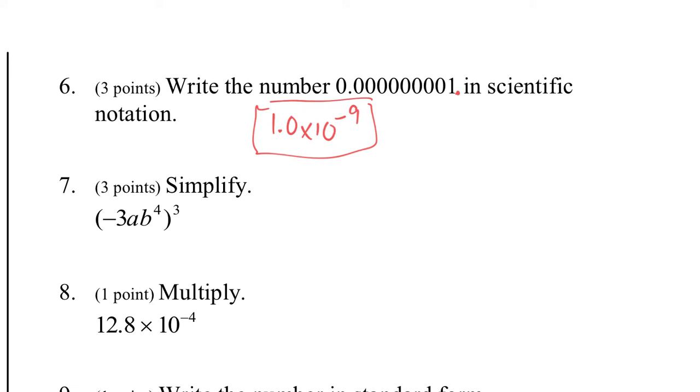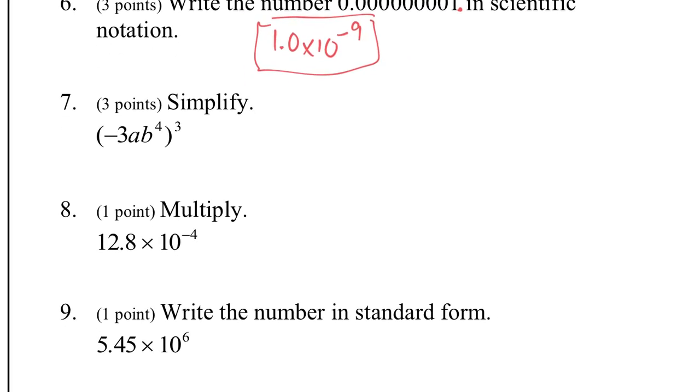Then we have this question here. Oh yeah. So, well, what this would be is this is negative. See, this is to the first power, and a is to the first power. So this 3 has to be distributed to each item here. When you take a power to a power, you multiply those exponents. So that'd be negative 3 to the third power,